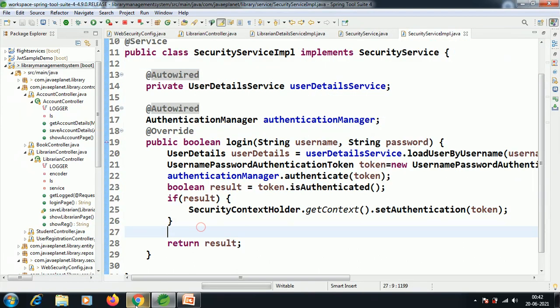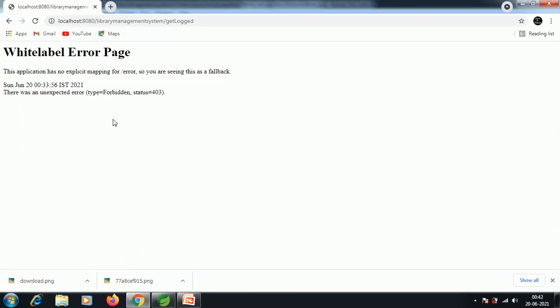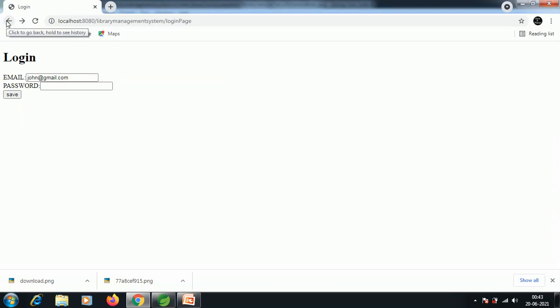Yes, the application has been started. Let me check once by entering the correct password. After entering the correct password, you won't get this 403 forbidden. Before, I entered the wrong password. Now I will enter the correct password. Let me check it.